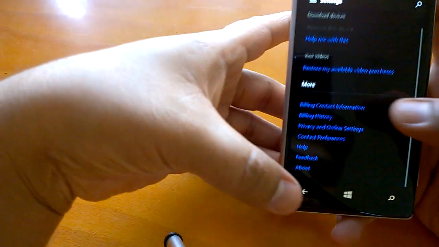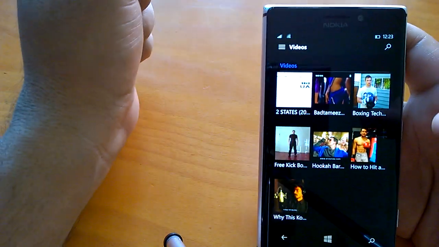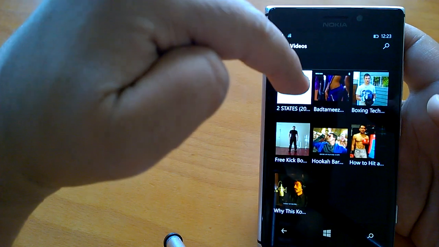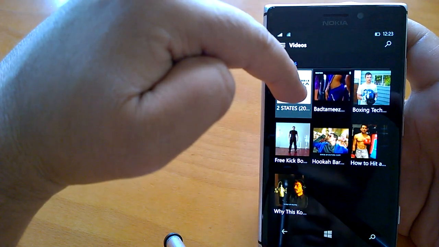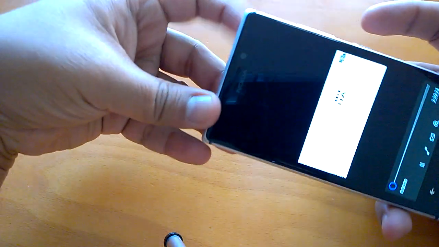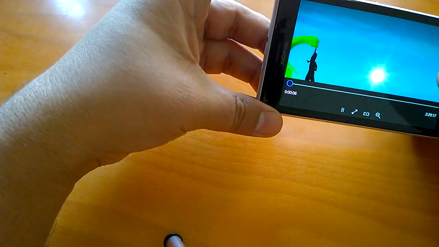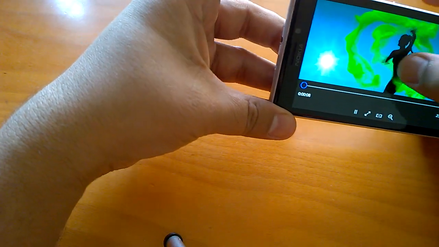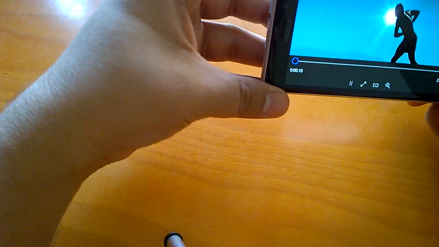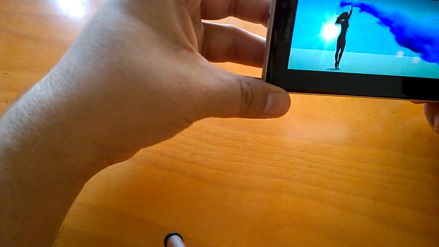These are the more options if you want to check them. One good thing, as we know about this new video app, is that it can play .mkv files. This is one of the mkv files that I have here, and I don't see any issue in playing this. You can check the options of zooming in, then full screen by just tapping it.